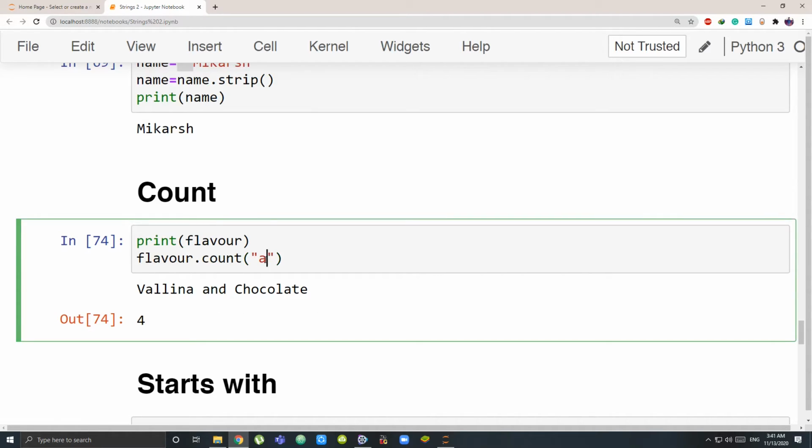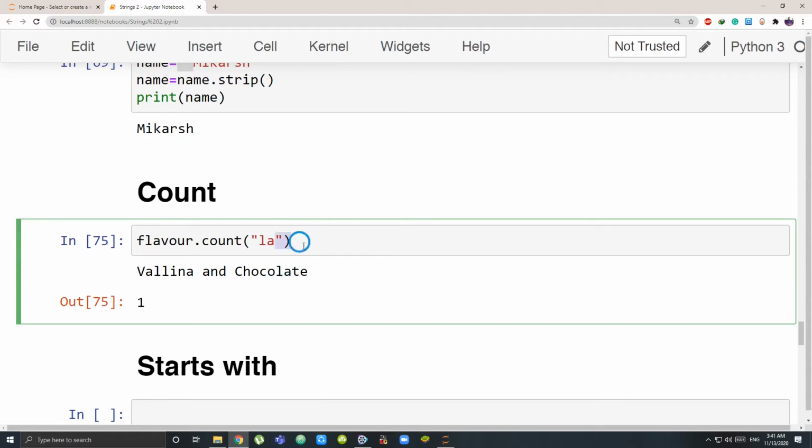Now like this I can actually check how many times it is coming. You can see I have LA or AL. Okay, let it be. I can check a substring also, how many times it is coming. How many times is LA coming? So it is telling me it is coming only 1 time. It is coming over here.